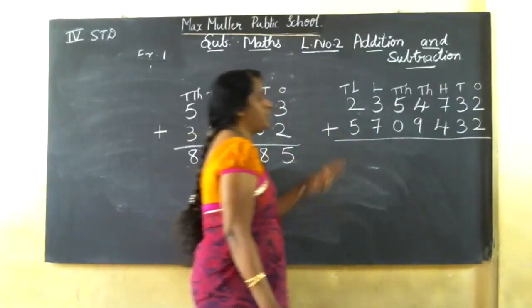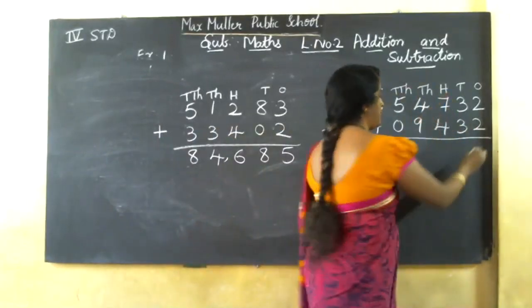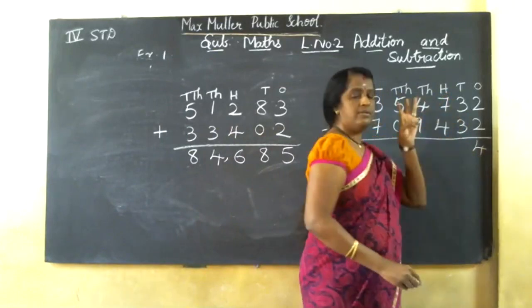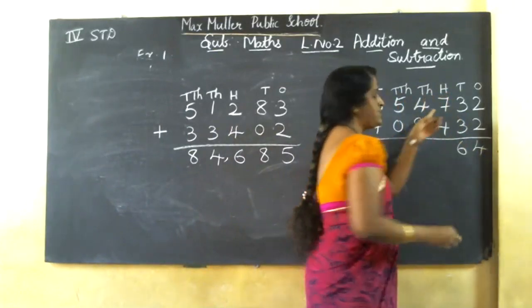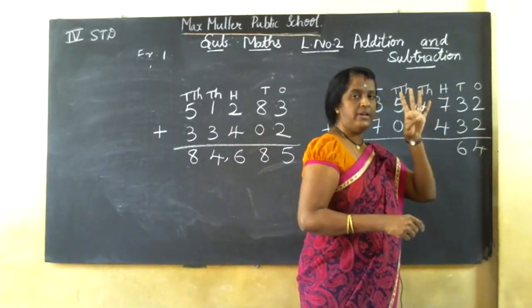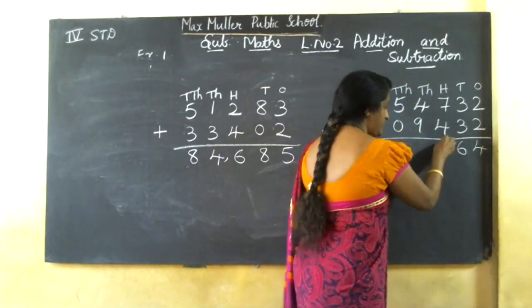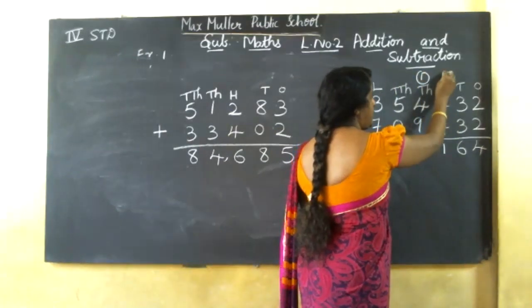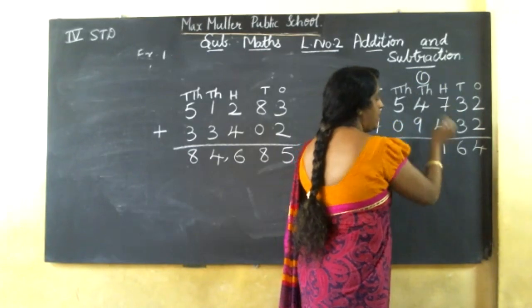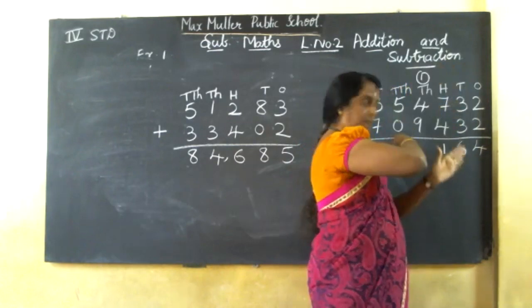So do the addition. 2 in the mind, 2 on my fingers. After 2, 3, 4. 3 in the mind, 3 on my finger. After 3, 4, 5, 6. 7 in the mind, 4 on my finger. After 7, 8, 9, 10, 11. 11 means 1 carry for the next number. You should not put the carry only in the answer. If you put it, you can't count. When you write this, put it as carry for the next number.